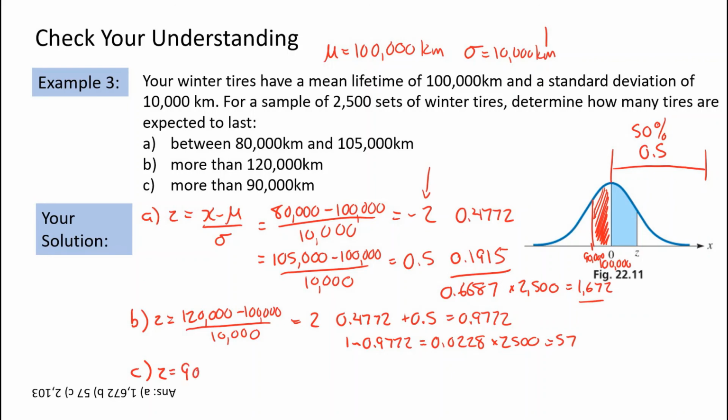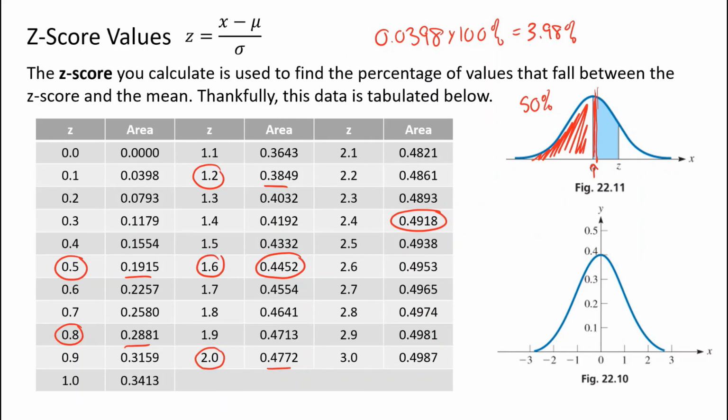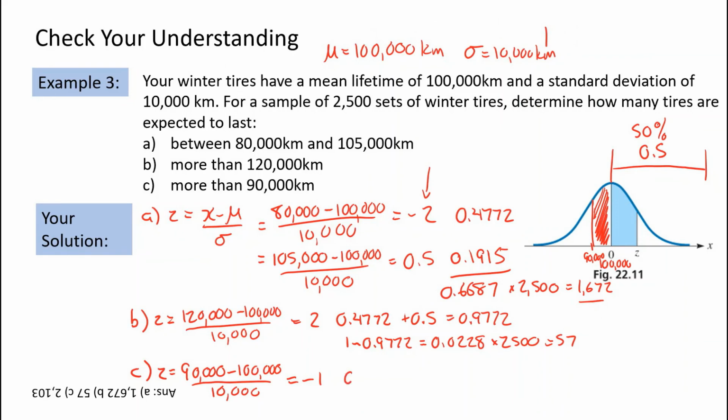So our Z-score is equal to 90,000 minus 100,000, the mean, divided by our standard deviation. And that gives us a value of -1. If we go back to our table, it doesn't matter, again, if it's negative or positive. For a value of 1, we get 0.3413. So we're going to go back here, put in 0.3413. Now remember, we have to add everything to the other side of this curve. So we have to add 0.5. And if we do that, we get 0.8413, or about 84% of tires should last more than 90,000 kilometers. So if we multiply that by our sample, which is 2,500 sets of tires, we get